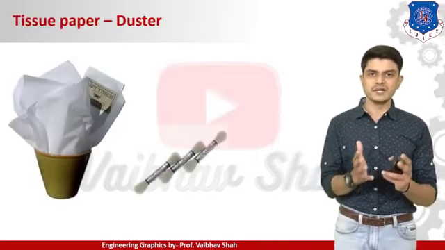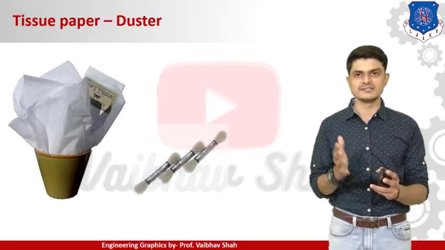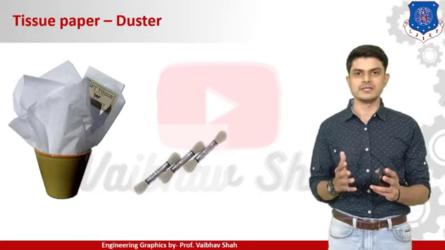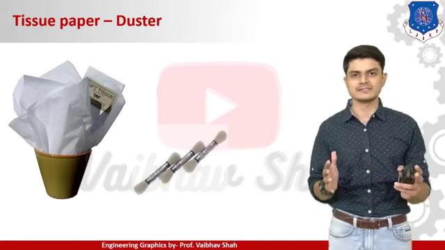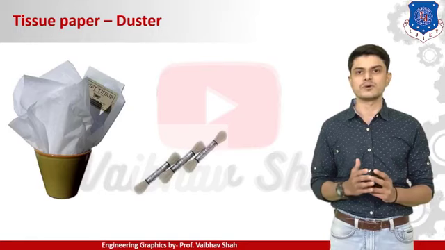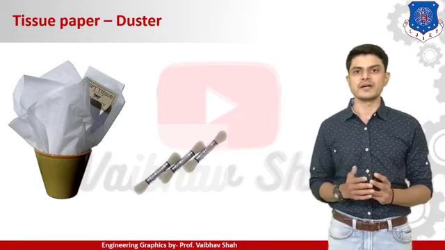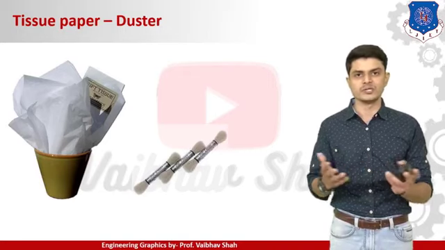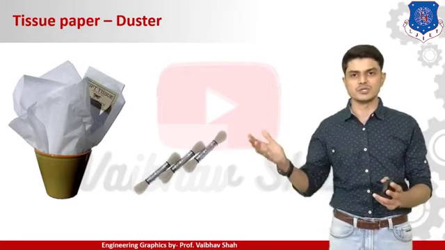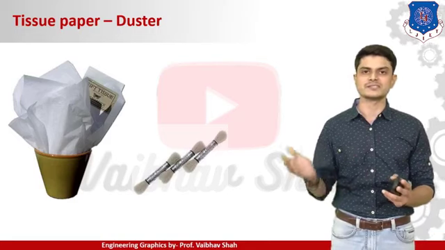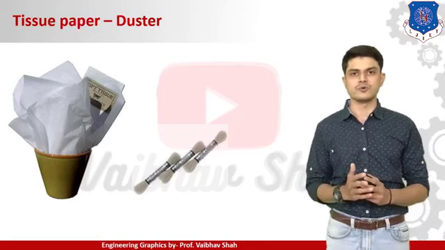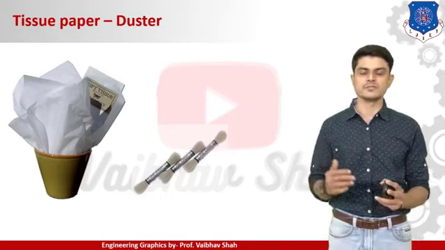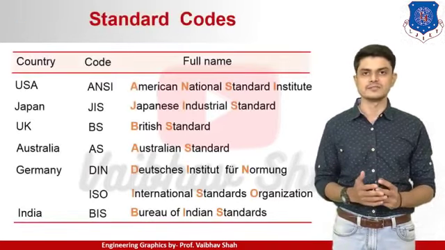Let us move ahead. These are very simple devices, as you can see: tissue paper and dusters. Many times when we complete our drawing, we feel relaxed and move our hands over the drawing, spreading graphite onto the sheet. We get different patches on the drawing sheet and ruin our drawing. At that time, if we have tissue paper and dusters, we can remove the excess dust or graphite from the drawing sheet and keep the sheet clean and tidy. This is the usage of the duster.